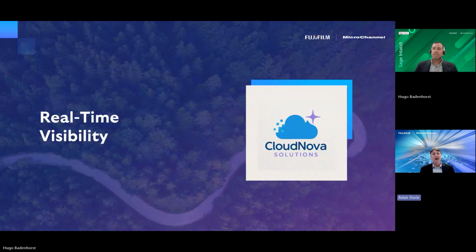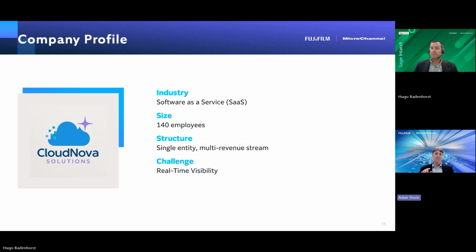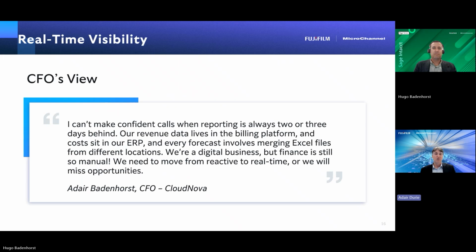Number two is around real-time visibility, around making sure organizations can see what they need to see about their organization from both a strategic and an operational level. So instead of a multi-entity scenario, we thought to think about an organization that is selling software as a service that, again, is mid-size, but typically issues come even further if there are multiple revenue streams, right? It's just not the one sort of revenue. Revenue might be coming from different areas. So from our experience, with this sort of organization, we've typically resolved that real-time visibility problem.